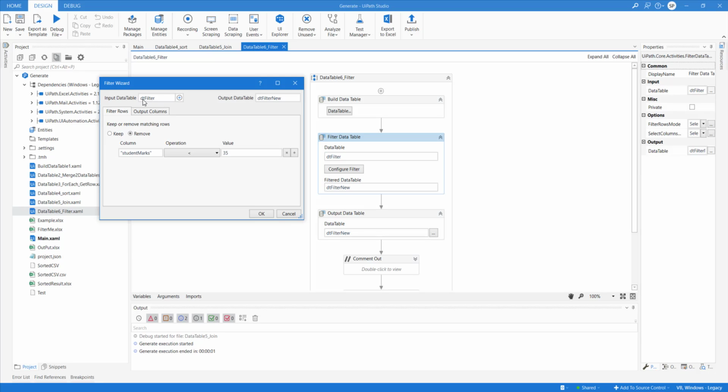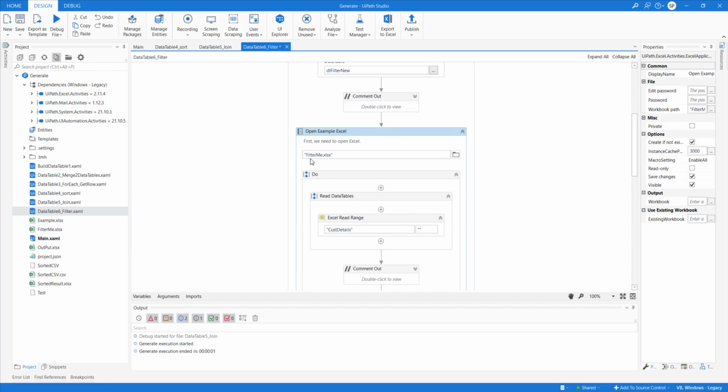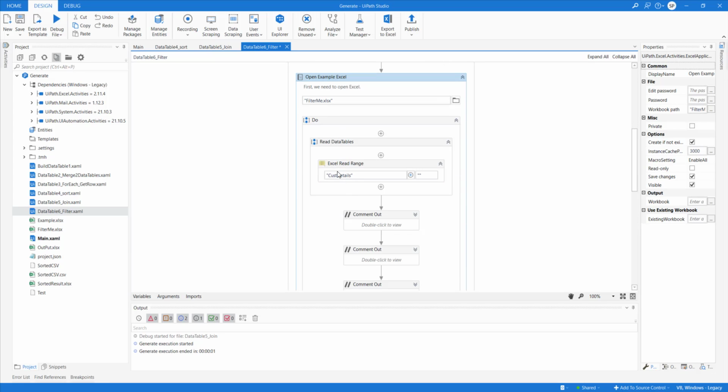So for this example, we are passing a DT filter as input. Output will be DT filter, and we are filtering on student marks, which is less than 35. Okay. And once that is there, we'll write a filter to Excel, and then we'll read data.